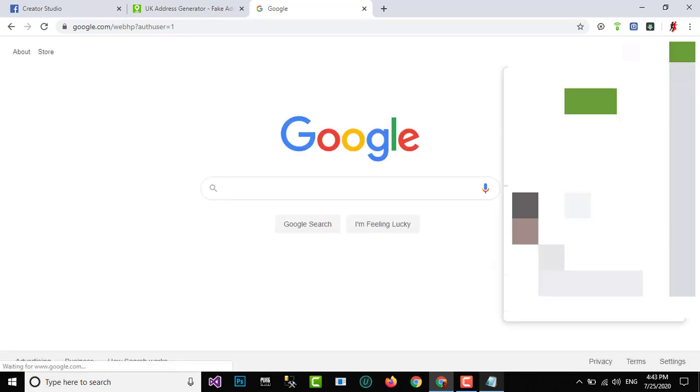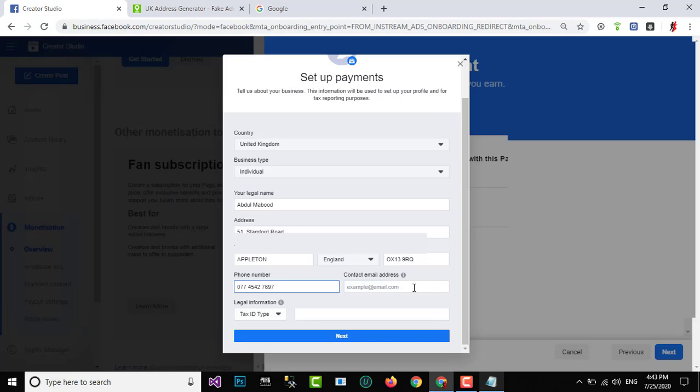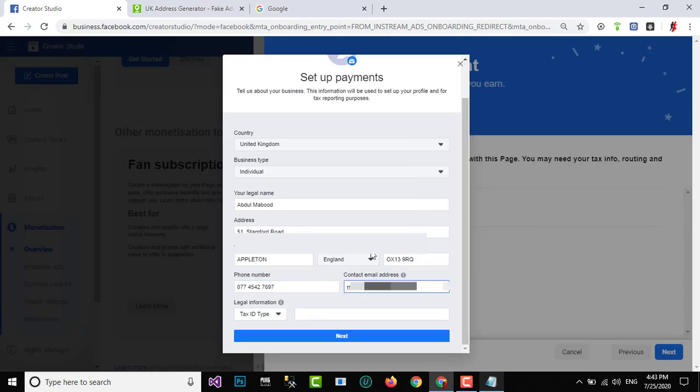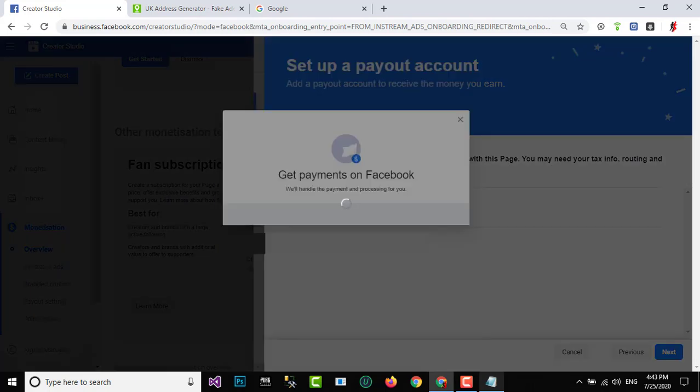So I'm just copying the email from here and pasting it on the setup payment option. In the last option, as you can see, there is the tax ID, so I will use other government ID and write the exact government issued ID card number and click on Next.